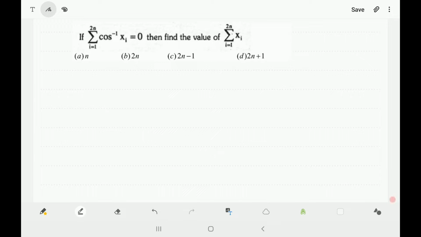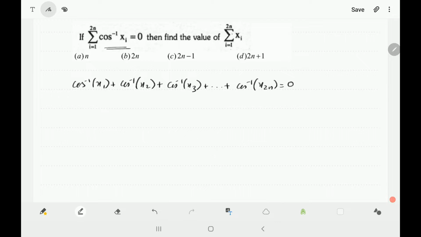In this problem, it is given that the summation from i equal to 1 to 2n of cos inverse xi is equal to 0, then we have to find the value of the summation of xi, i equal to 1 to 2n. Okay, so if you open this summation, what you will get is cos inverse x1, because summation is on i, plus cos inverse x2 plus cos inverse of x3 plus so on to cos inverse of x2n